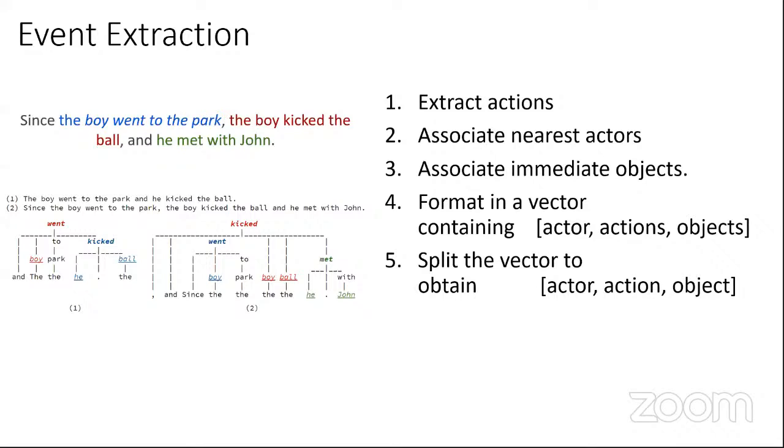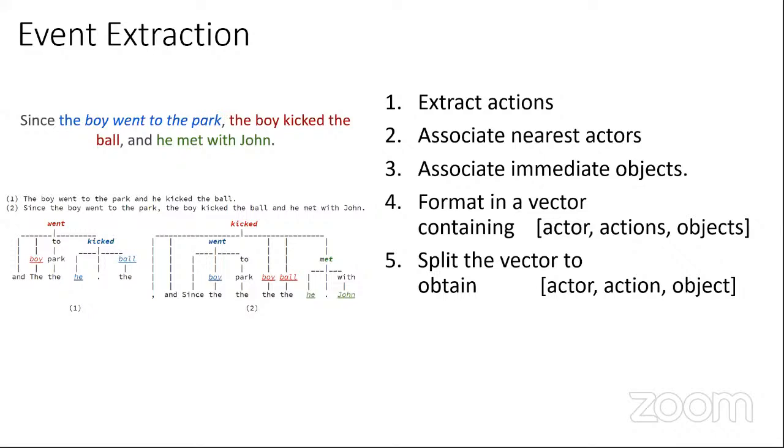Afterwards, we structure this information by creating a vector of the actors, the action done, and the objects mapped to it. Lastly, if there are multiple actions in the vector, they will be split up. So there will be multiple tuples that are created, and these will only have one actor, one action, and one object at a time. If you put your attention to this left side here, we will be able to see